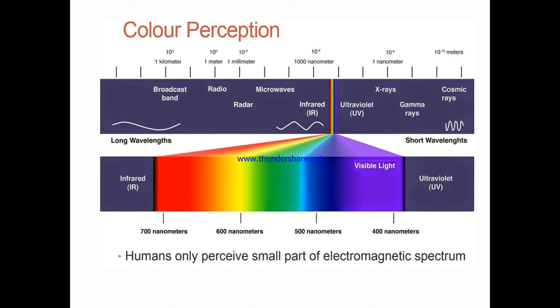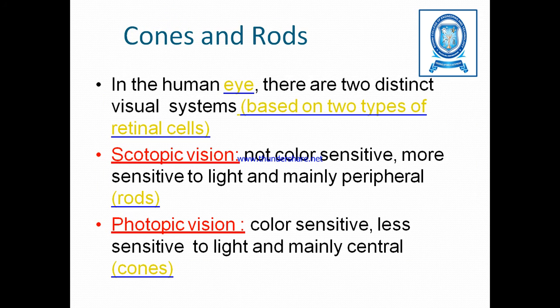So this is color perception. We are able to visualize only the visible light band, although the wavelength ranges from the IR band to the UV band. The colors that we can perceive with the human eye range within this particular visible light range, that is, the VIBGYOR colors will be viewed.